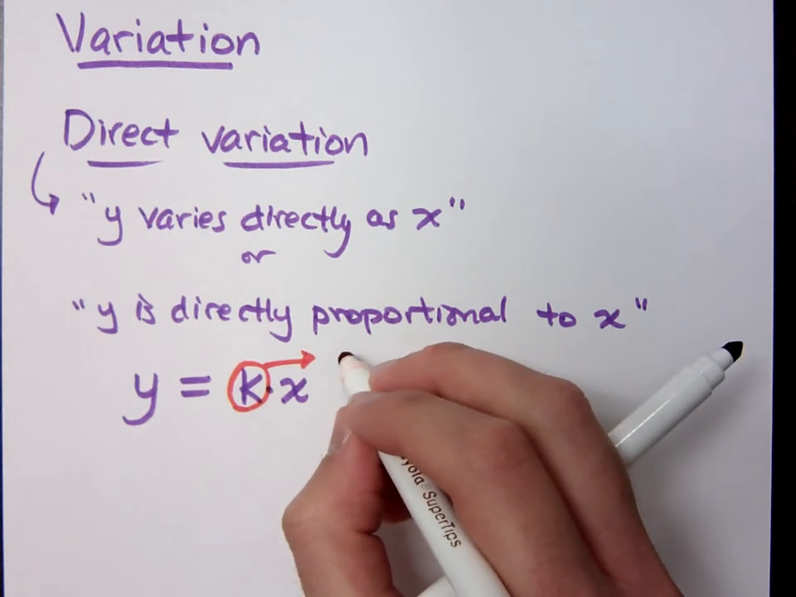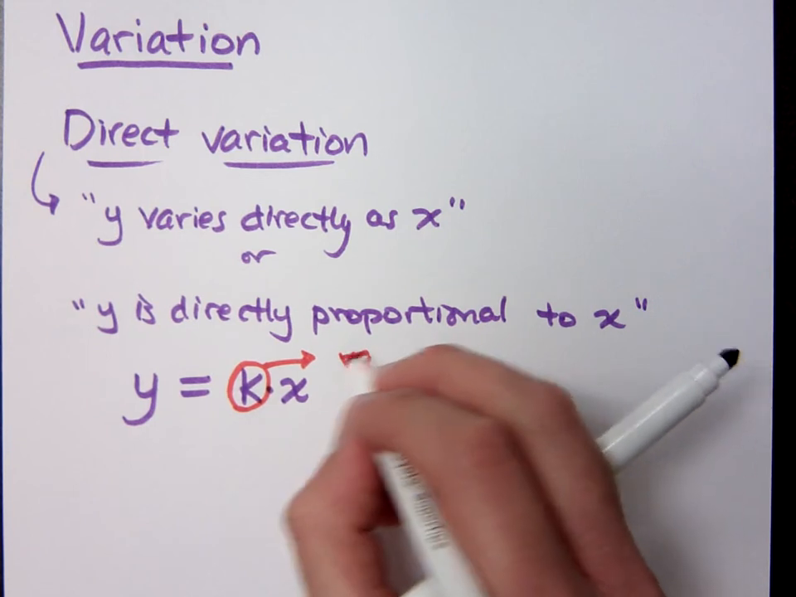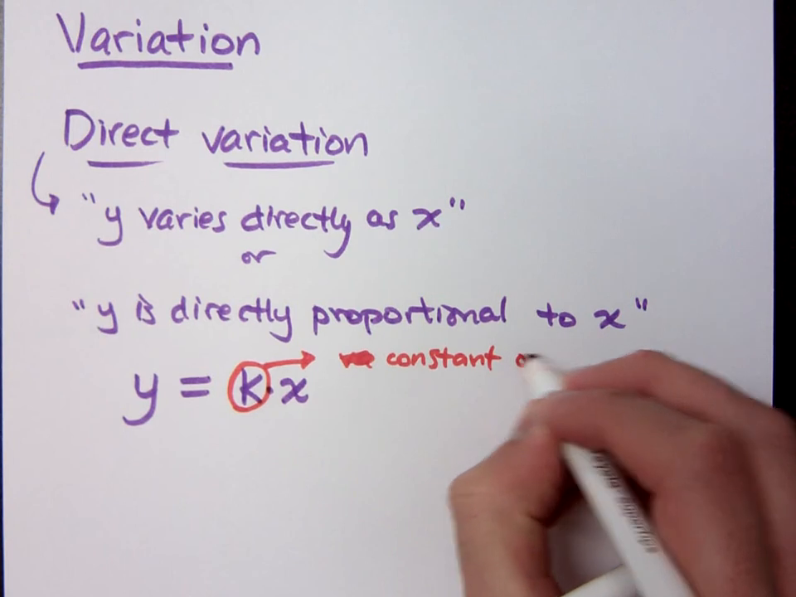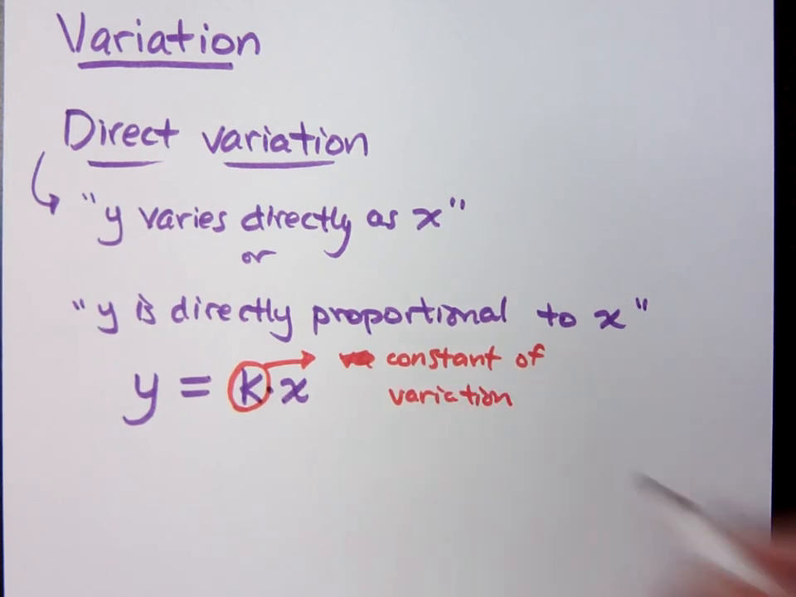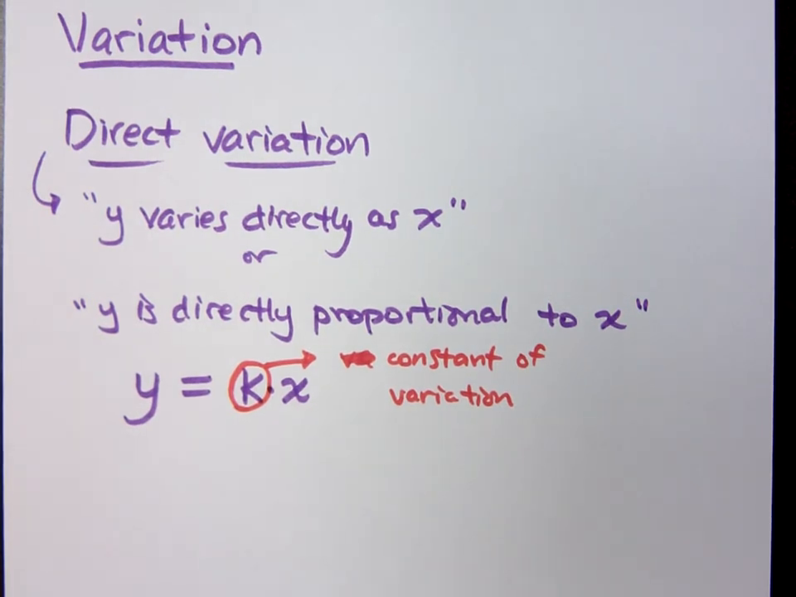This is called the constant of variation. This isn't the only name that we use for it, but for us it's the constant of variation, or the proportionality constant. It's the constant that ties together y and x. Basically what this says is that as x changes, y changes directly with that. That means that as